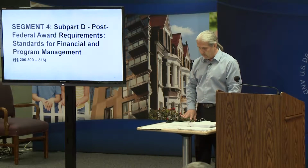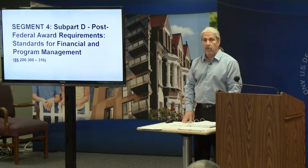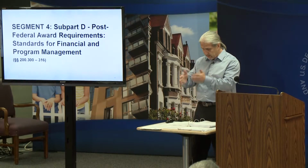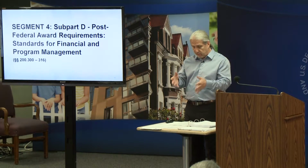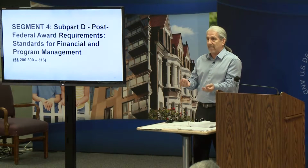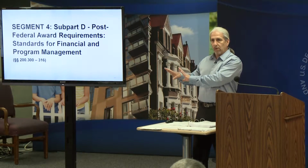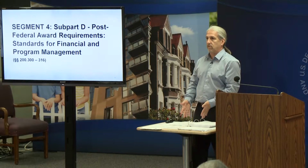The other tool that I'd like you to have side by side with us as we go through this is the document that we call Assessing the OMB Uniform Guidance Changes, Implications, and Recommendations for our HUD ONAP recipients. If you find that in your tab, if you pull that out, let me explain what this tool is. One column is the subject, a broad category subject. The next column is the changes that were enacted by the uniform guidance. The last column is a short discussion of the implications of that change and our recommendation because of that change. So as we go through these, if you have this side by side, you'll see once we get to 302A, paragraph B, we'll analyze the change. You'll see we'll have a recommended action for that change, if any. Some of these is just going to be